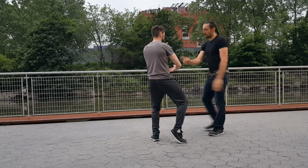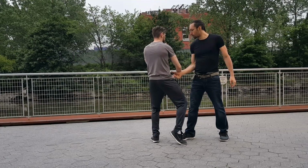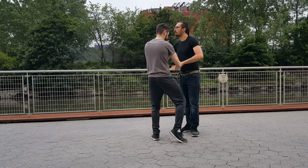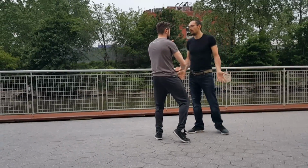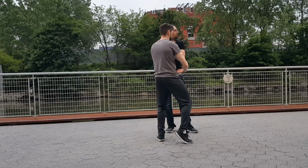Right. This hand, whatever's behind you, is checking a stab. Always have enough room for a 3-inch knife. Okay? I mean, it'd be nice if people said I can stop a machete. Well, let's just be practical. 3 inches, if you're lucky, you'll be able to stop them. At least enough to do something. When you do it with knife defense,